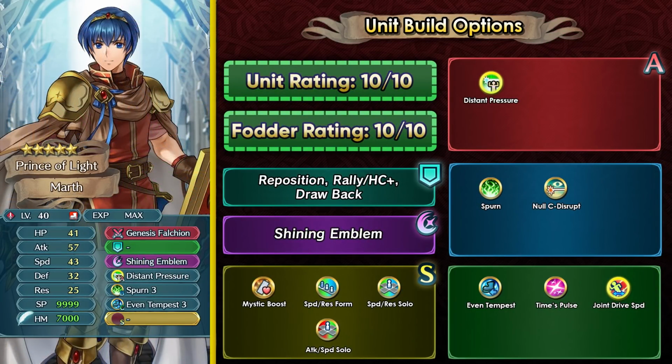Brave Marth is easily one of the best sword infantry units in the entire game because of so many things that he can do with his Genesis Falchion and also Shining Emblem. So Genesis Falchion can provide him with null follow up, Vantage, and also self-healing, and then he can also run a damage reduction skill in the slot B. So he pretty much has everything that he can want for a sword infantry unit with the extra effects, and